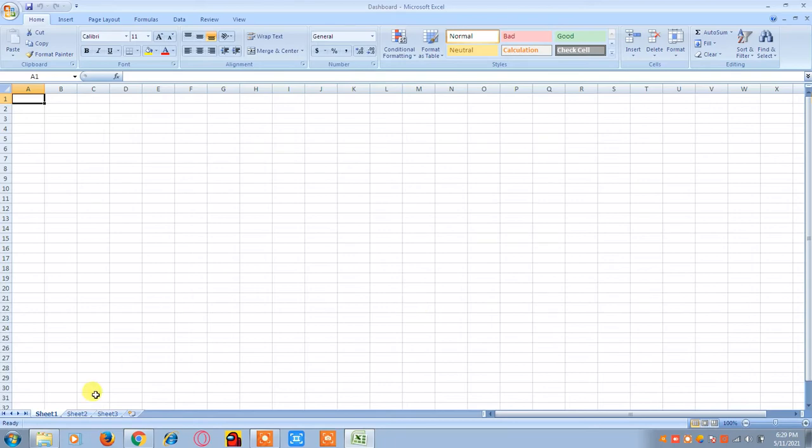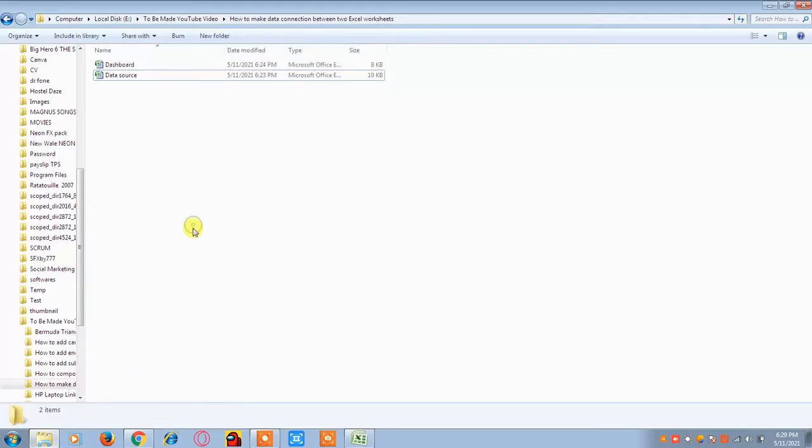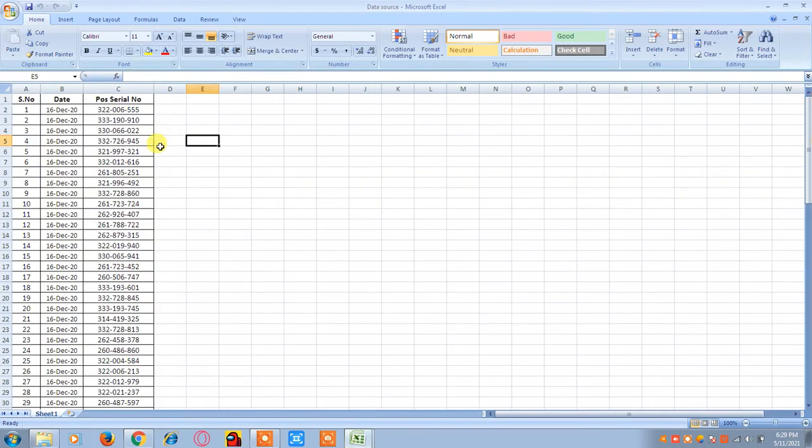Here, just to simulate the scenario, we have two Excel workbooks. One is the data source file, in which all our data exists, like serial number, date and POS serial numbers. This is our main source file.